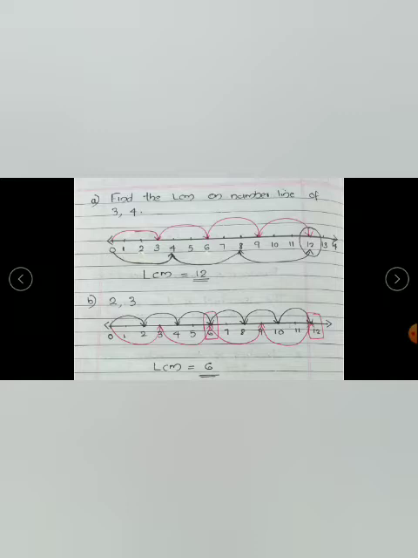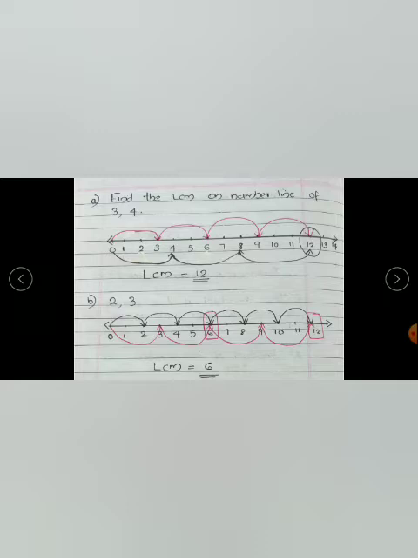4. So similarly, we are jumping in terms of 4. Starting from 0, first jump to 4. Then again adding 4, what will we get? 8. So the next jump is on 8. Then again jumping 4, we'll get 12. Now we have marked the two tables, isn't it? That is the table of 3 and the table of 4.